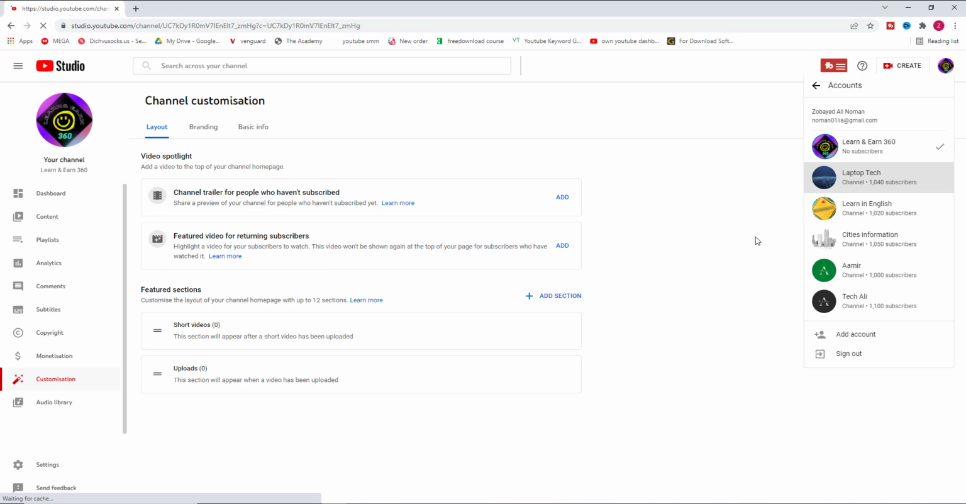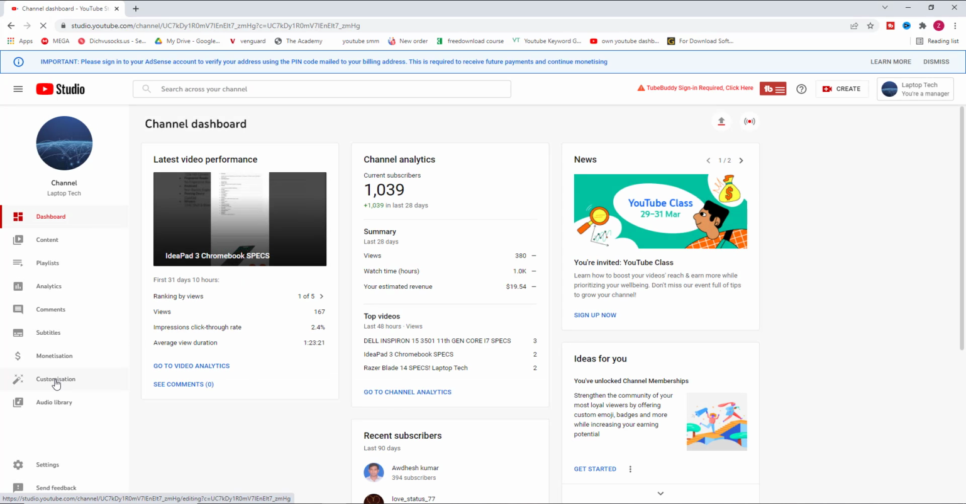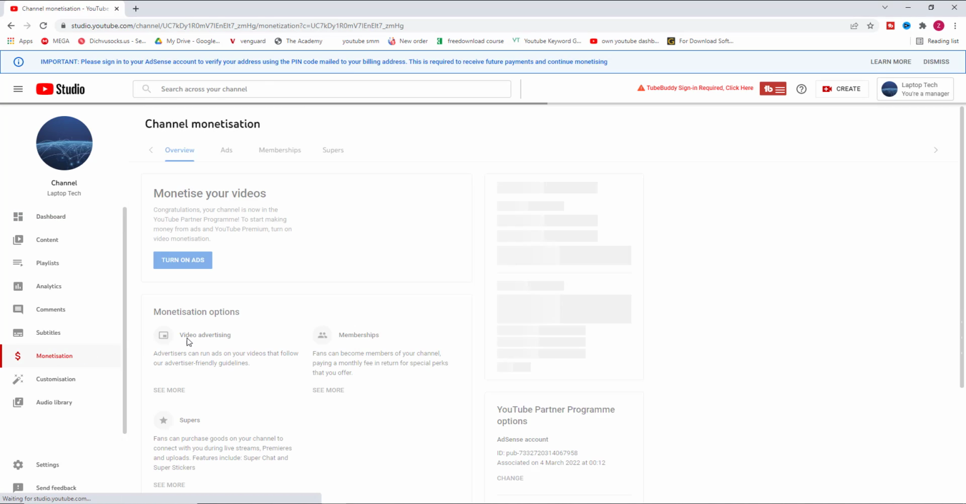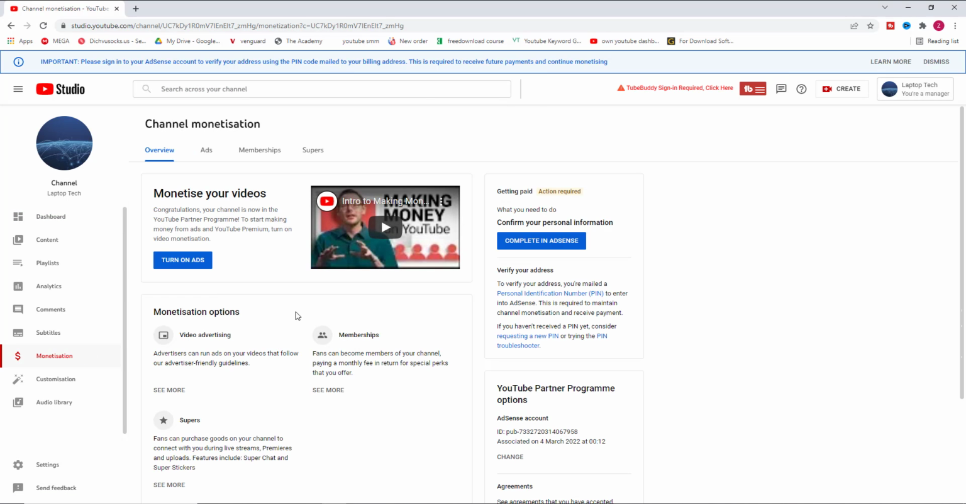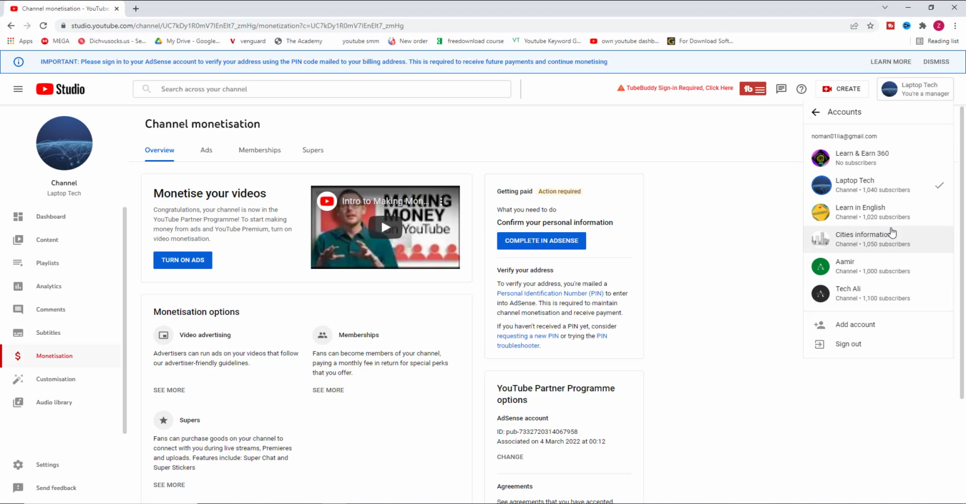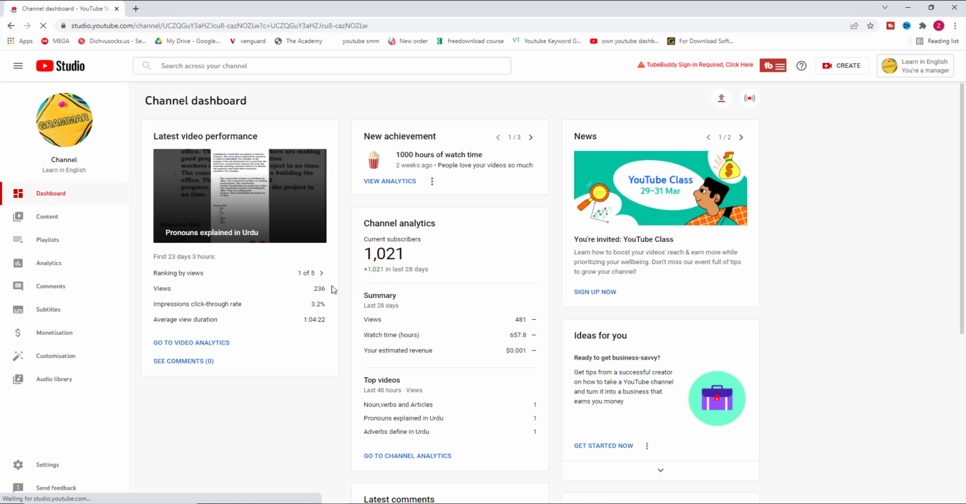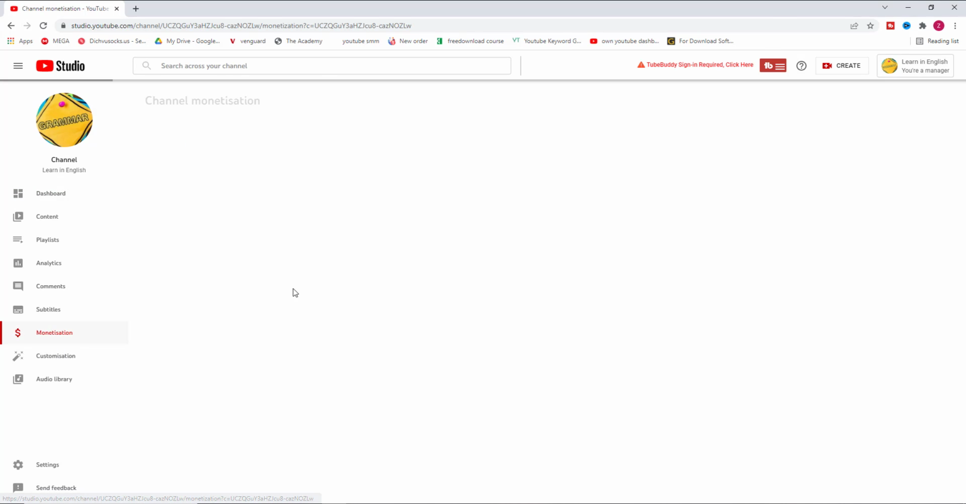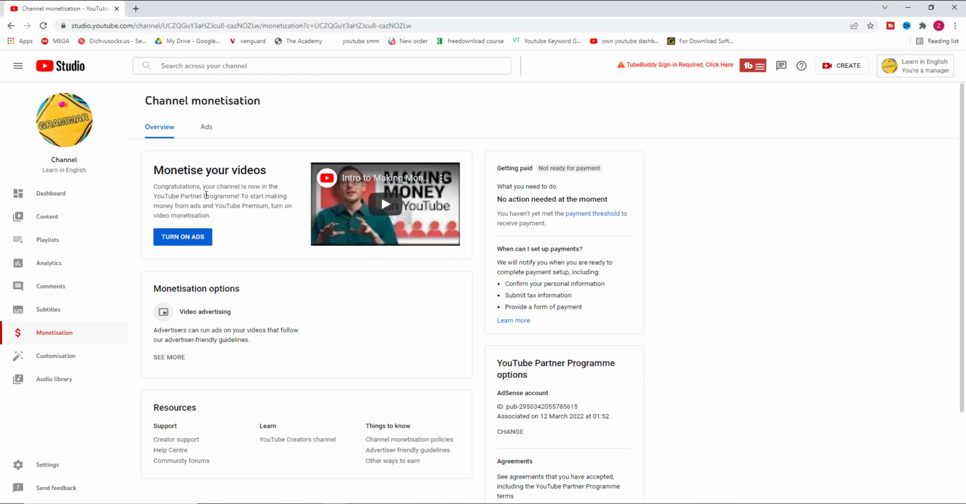See? Look at this. Monetization is on and it already sent for pin verification. Then going to the next channel. So all the channels you can manage from your computer. You can manage like 20-30 channels